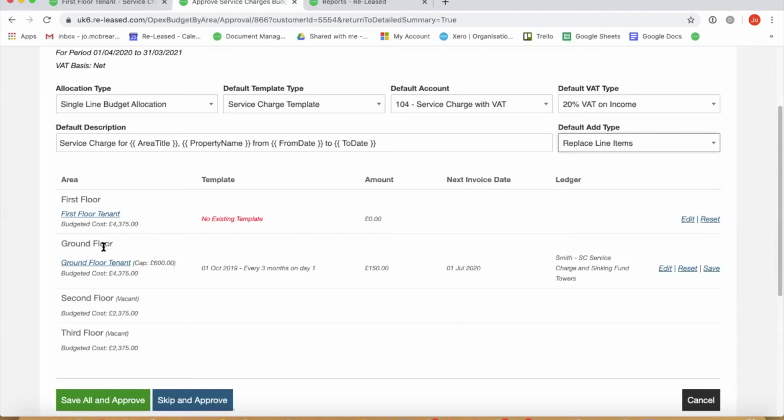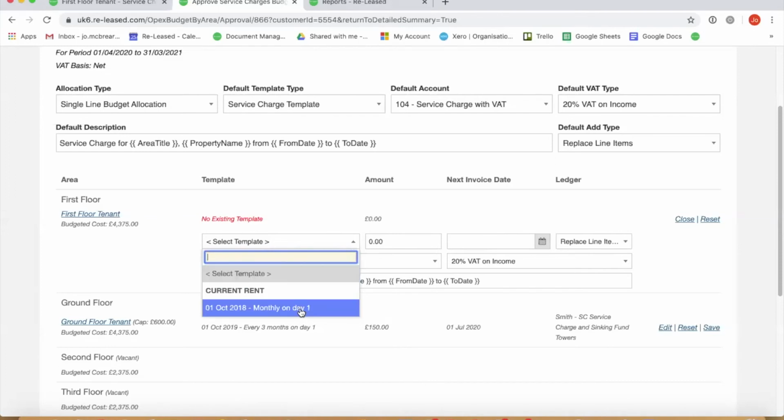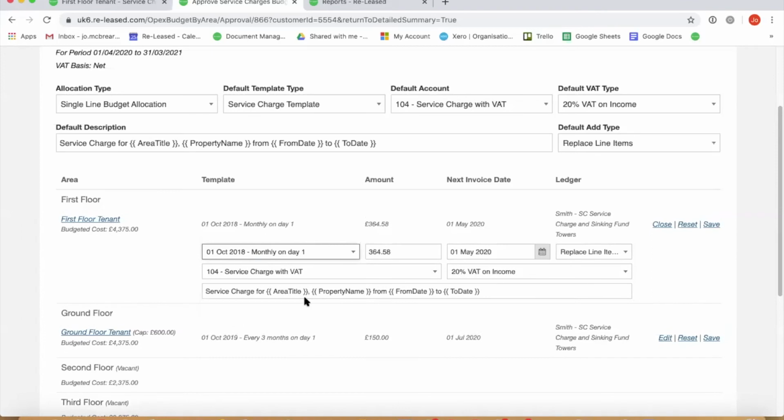Okay, so as I've selected things, it's defaulted in what it can. So I've selected my service charge template. So my first floor tenant, it's saying, doesn't have a template. So I'm going to go in and edit my line. And they only have a rent template. So maybe that particular tenant, I'm going to put it as a separate line on their rent template. Okay,